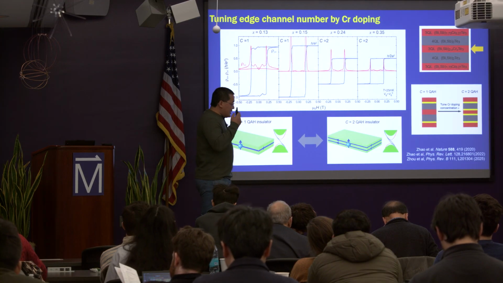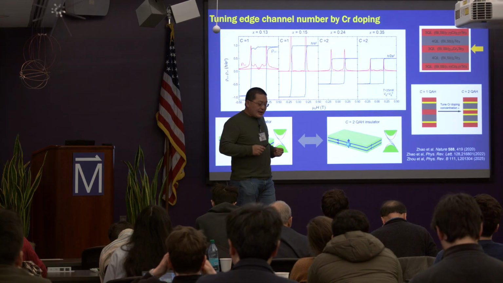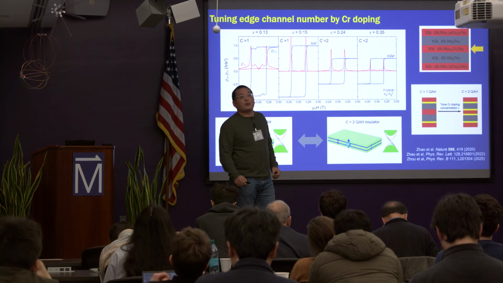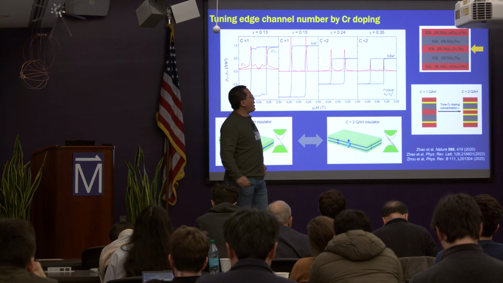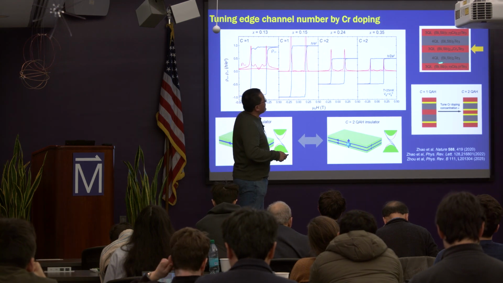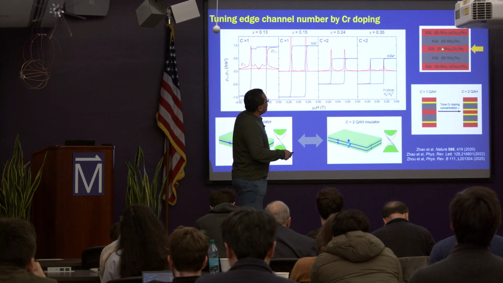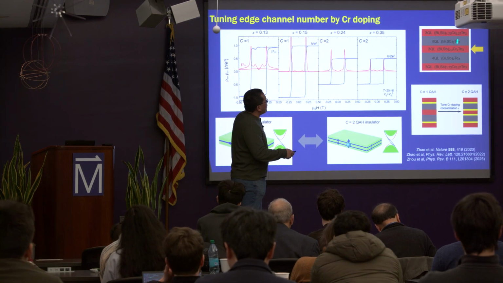So here, based on our understanding, we could tune the Chern numbers by several parameters. Here we take this sandwich layer as an example. We grow these samples. If we change the chromium doping level in the middle layer,